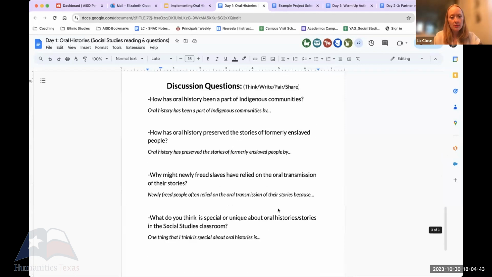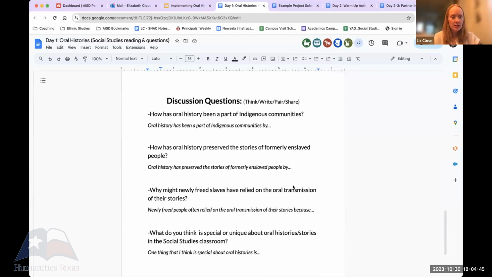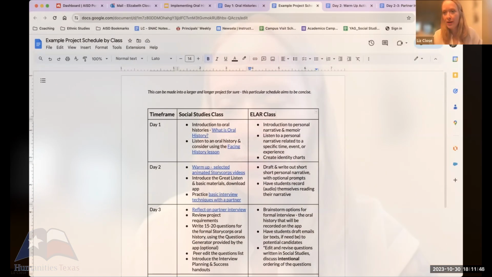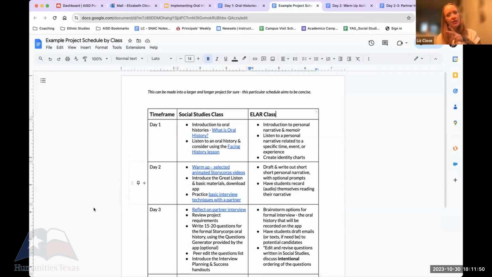And then there are some discussion questions at the end. You might not get to them, but if you did, what I would do is a think, write, pair, share with the students, but I'm going to stop sharing. All right, welcome back, everybody. The thing I forgot to mention on the front end of that one pager is that